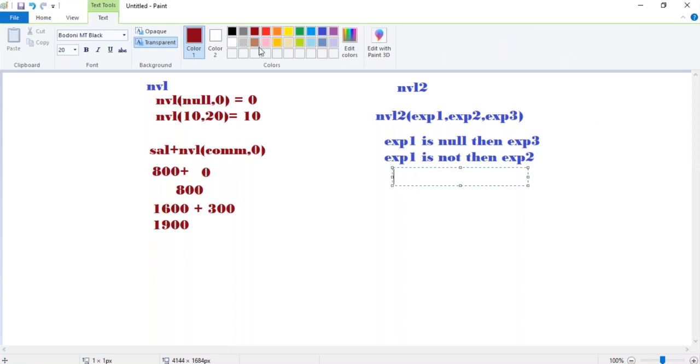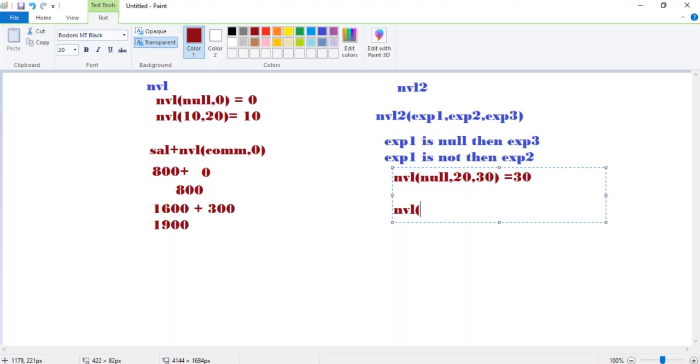So we can use it here itself: select NVL2 of null, 20 and 30 from dual. Dual means it's a dummy table we can use for calculation. Now see here, 30 is displaying.